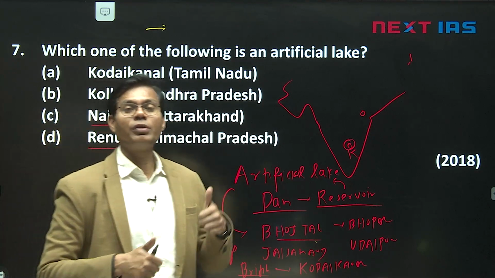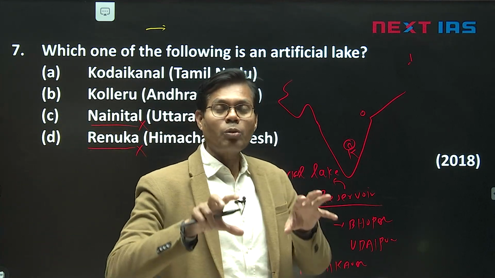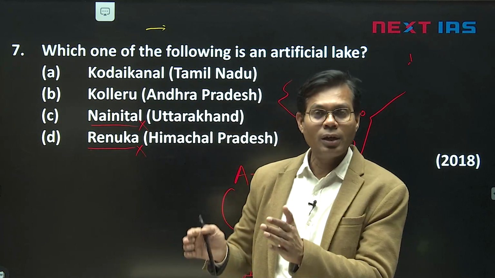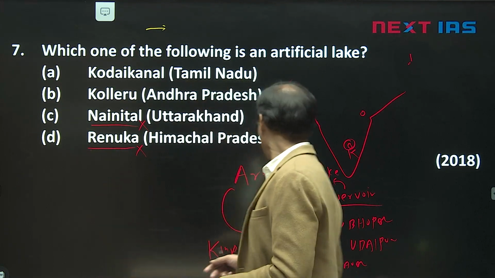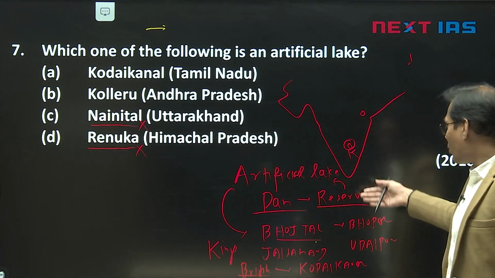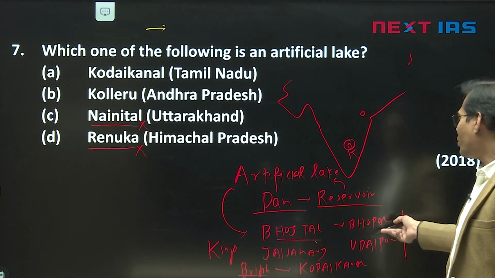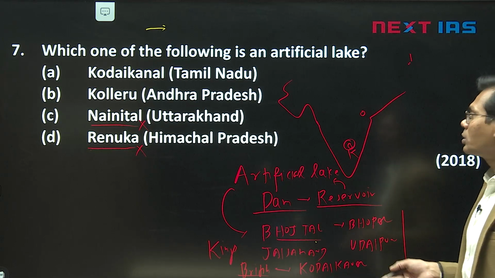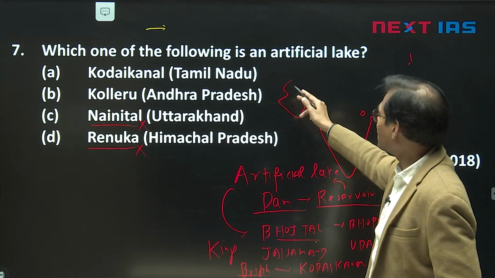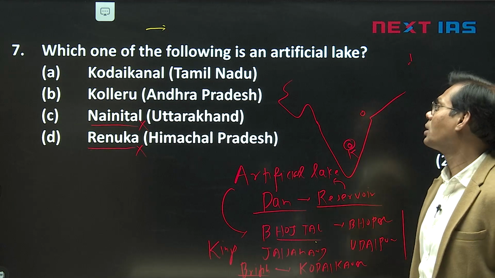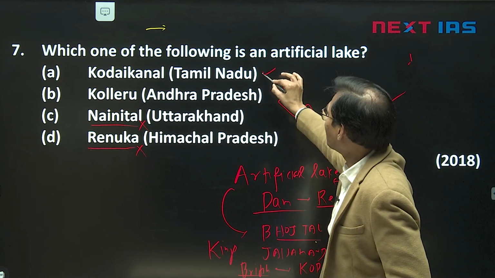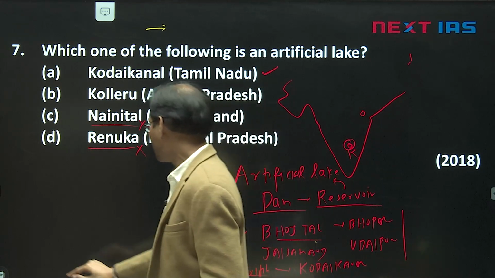So the maximum artificial lakes you will see are behind dams, the dam's water, like the Tehri Reservoir on Tehri Dam. And other than reservoirs, a few 3, 4, 5, 6 names will be important ones. They can ask a question like Kodaikanal. In British time this lake got constructed in Kodaikanal in the Tamil Nadu region. So option A is correct here. Artificial lake.